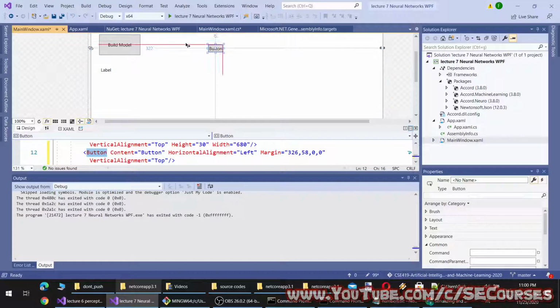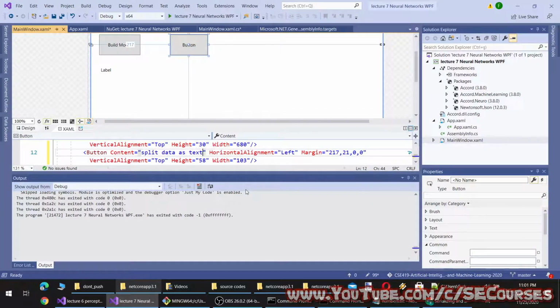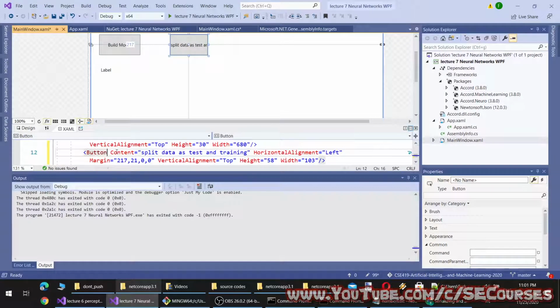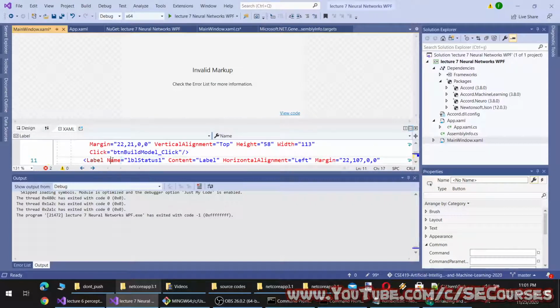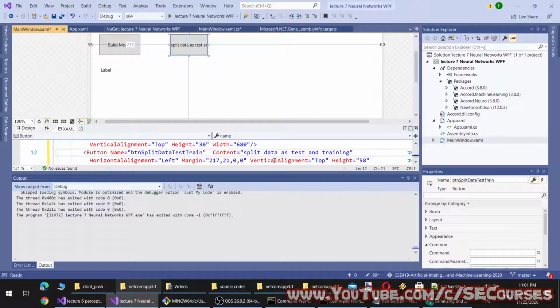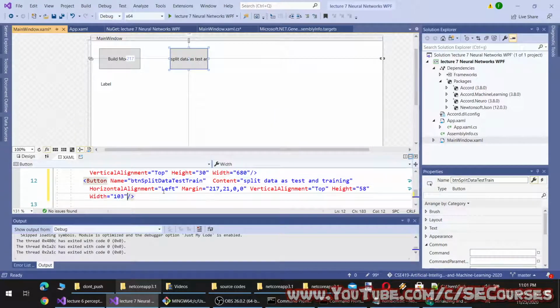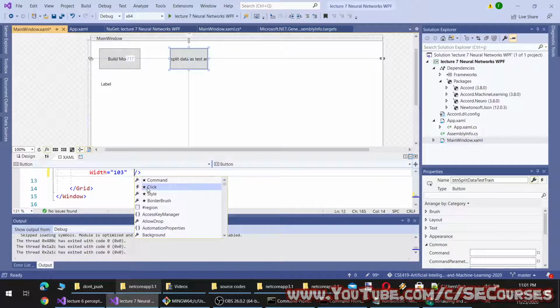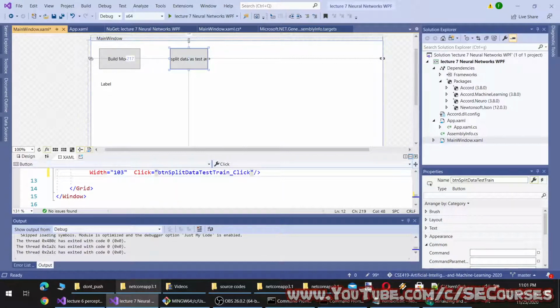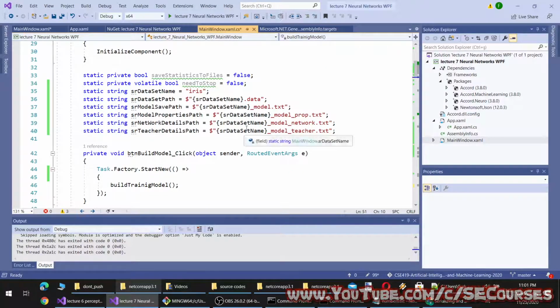Let's add a button to do that, and name it.